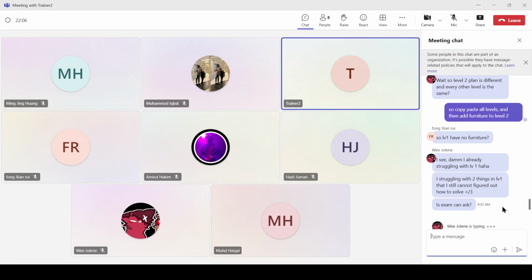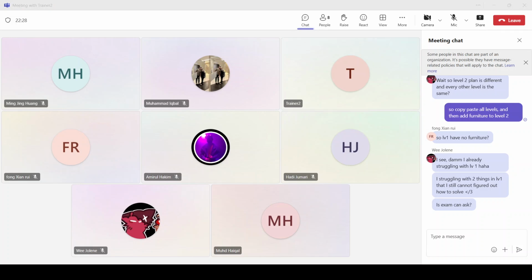Remember I taught you how to save a maximum of 3 backups, right? So you have to open the backup, the .bak, remove the BAK, and change it to RBT. You can ask your colleague, Jolene.